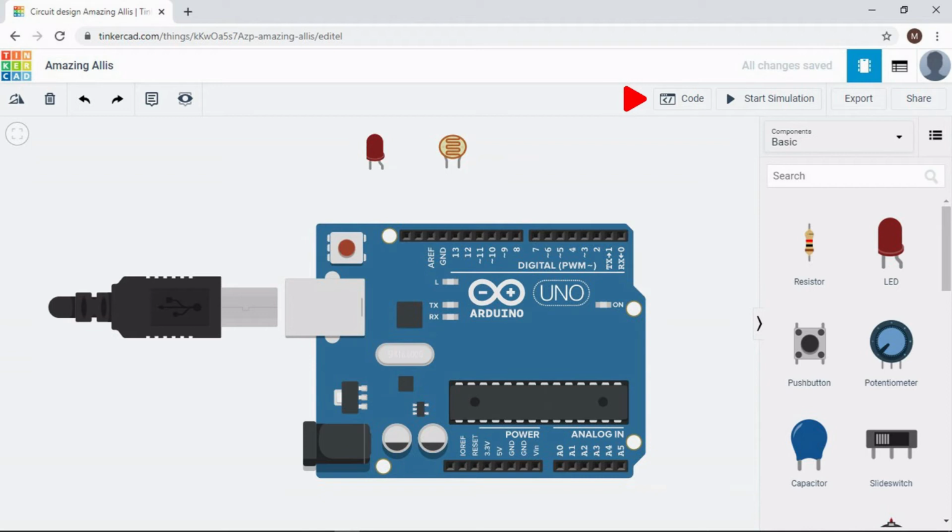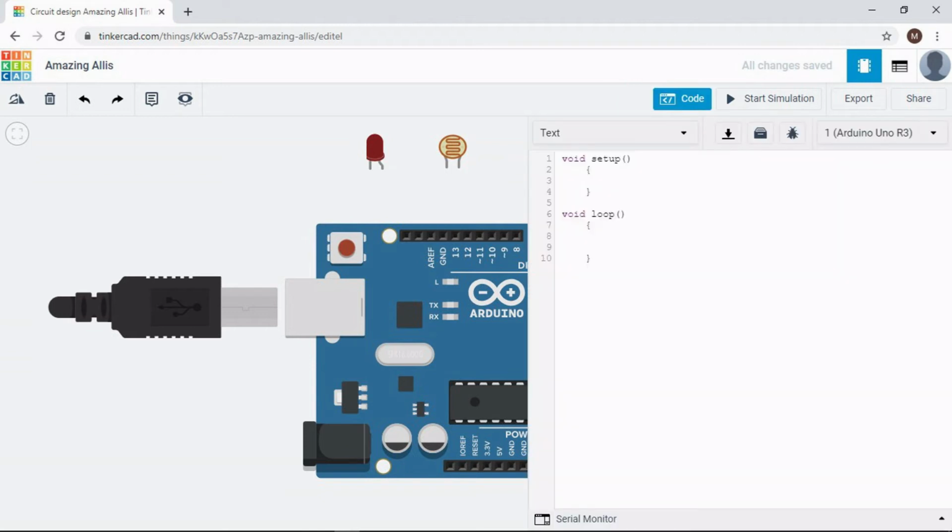Clicking here takes us to the coding window. We have global variables and a setup function like the main function in C++. And then a loop function which will be running continuously in a loop, so that we can keep monitoring our A0 analog port, and if there is a value then we can make the digital port D13 react.